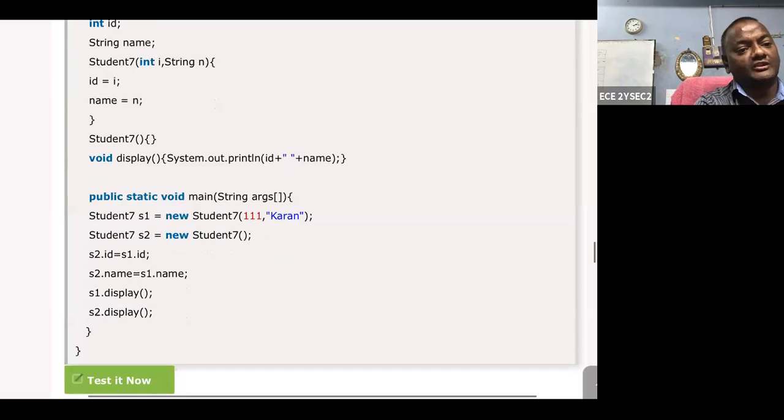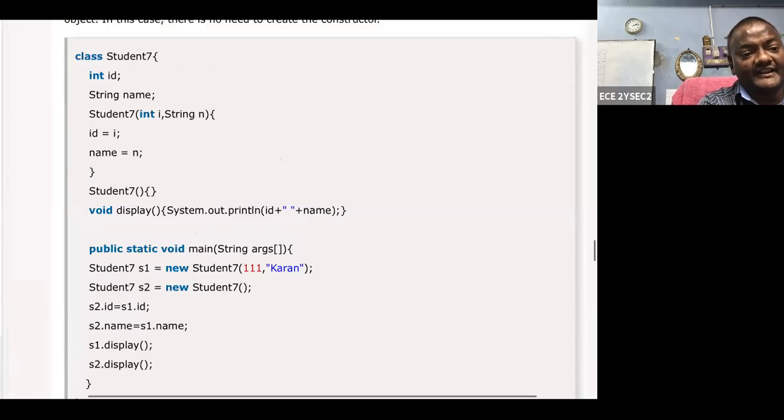First, this is called as a main program. So you are creating a new object, one is S1 and another is S2. Here you are copying from that. Whenever an object is created, student S1 = new Student(111, current), then it directly goes to the Student constructor because there are arguments, 111 comma current.